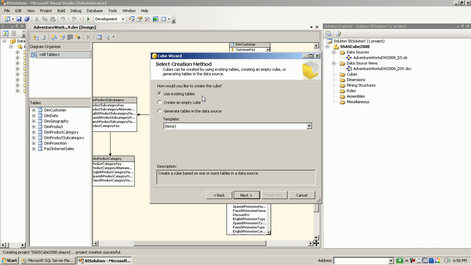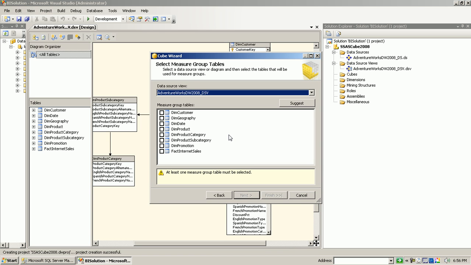Usually you cannot create a cube without a data source view if you want to base that cube on existing tables. You can use the third option here, generate tables in the data source, without a data source view. I think that's possible, but for the purpose of this example, using existing tables will totally work. Templates are not important for now, so we just continue down the road. Now here